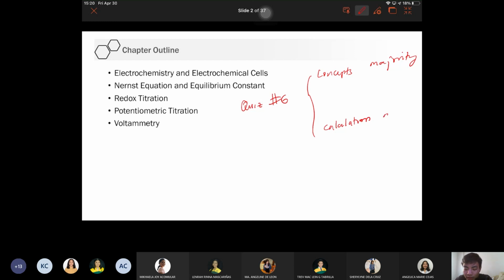And yung calculation, ito yung minority. So, I can't give exact numbers because di ko pa tapos yung quiz dito. Okay. So, I won't give exact numbers. Pwede ito, 11, ito 9. At least majority pa rin yung isa. O pwede naman ito 15, ito 5. 5 items. Ayan. So for the calculation part, focus on the E cell or the E naught cell, delta G